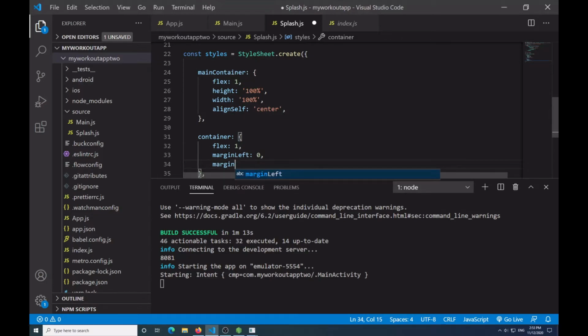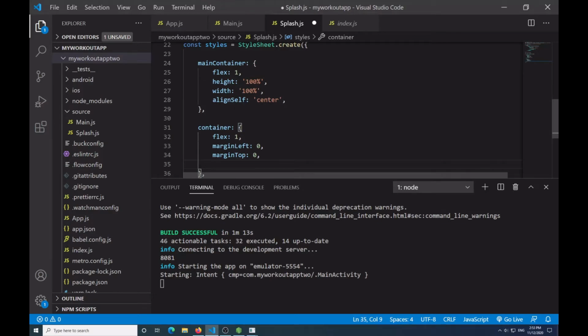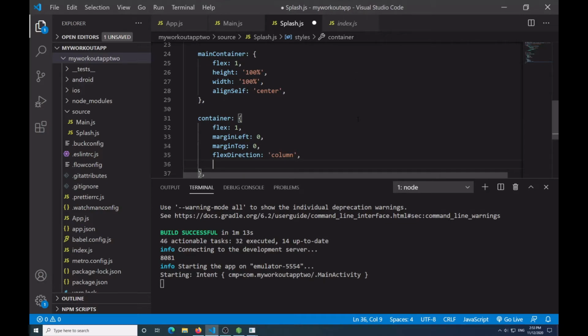Then margin top is going to be 0 because I want it to be at the 0th position at the top. Then I want flex direction to be a column because I want to have it go in column, not by row. And then I want to do a background color of